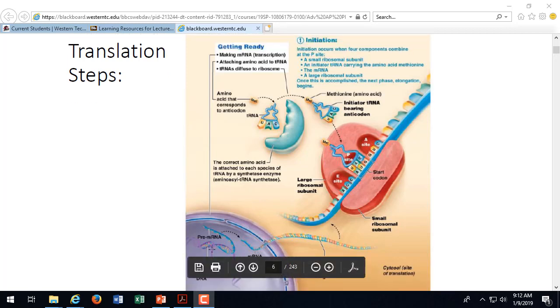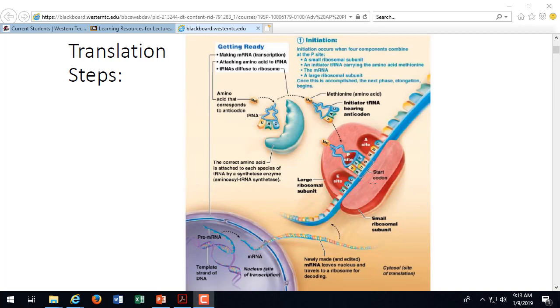So the messenger RNA down here, we can see, leaves the nucleus through the nuclear pore, and it binds to a ribosome. This ribosome is actually a coiled form of RNA. So this is the ribosomal RNA that we're talking about, the rRNA. That's what the big orange blob represents, coiled up RNA. So the messenger RNA binds to the ribosome, and then we have these transfer RNAs that pick up amino acids